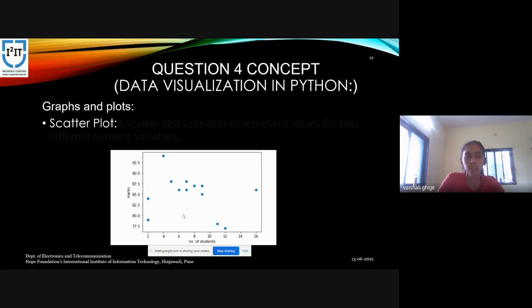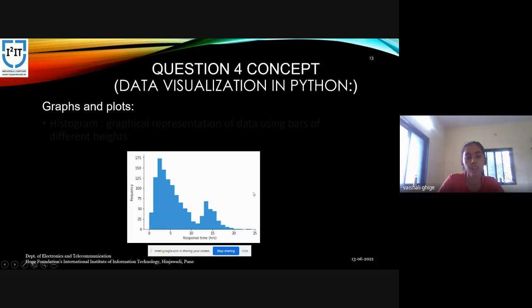The first example I've taken here is a scatter plot. This is how a scatter plot looks. We are visualizing the data in the form of this scatter plot. It is very easy to understand because we have dots for each value. The next example is a histogram.